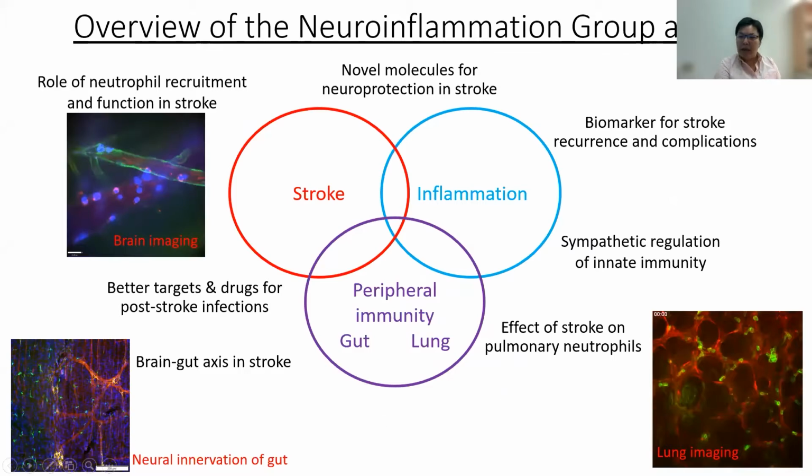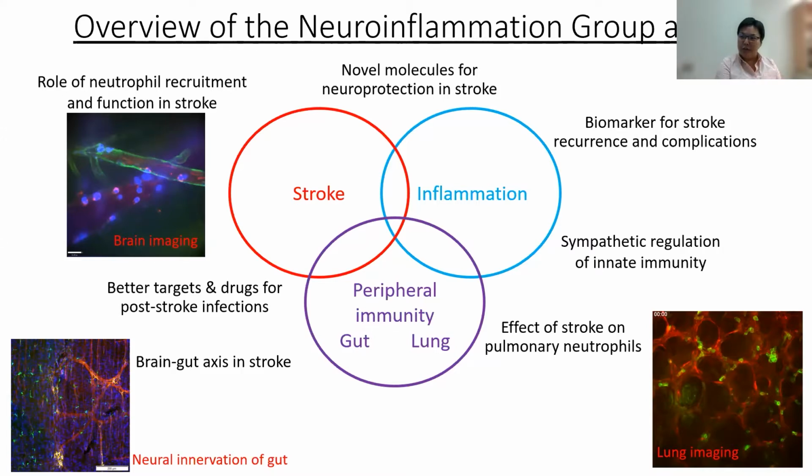One of the major interests of the lab is we want to understand the effect of stroke on the rest of the body. There's currently no cure for stroke, so we are looking at ways to limit inflammation in the brain to help patients with stroke to recover. And one opportunity to do that is to modulate the activity of immune cells entering the brain.